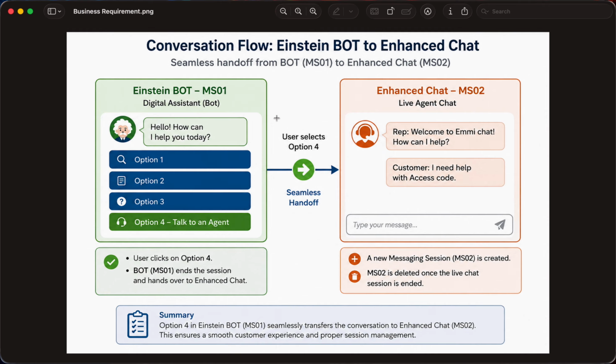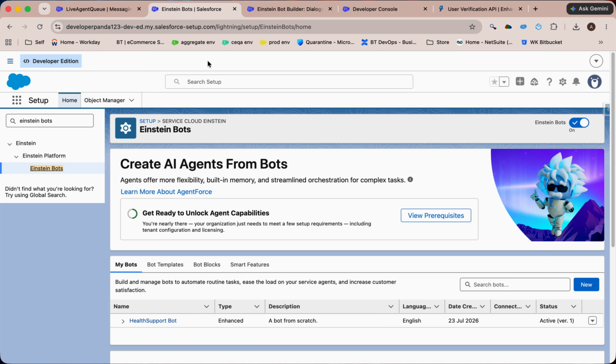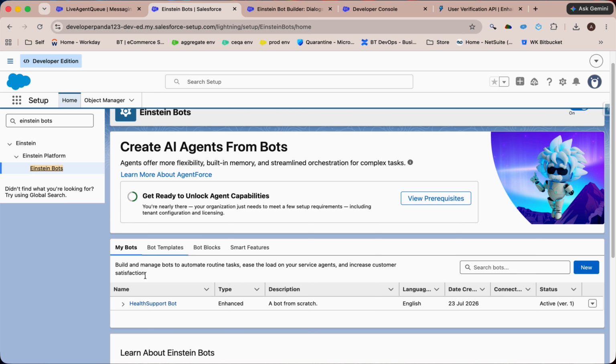But I am going to show you how to resolve this issue, and what we can achieve. So let's dive into the use case. Here you will see that I have a bot prepared, and I will not deep dive into how to